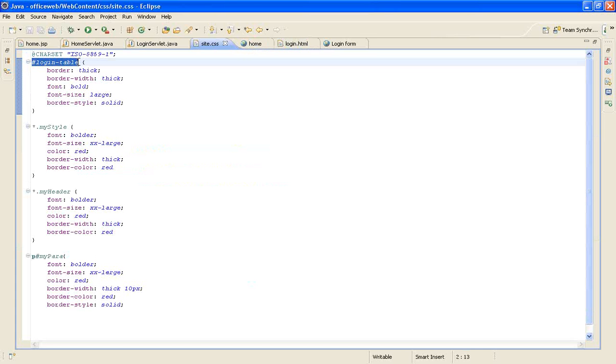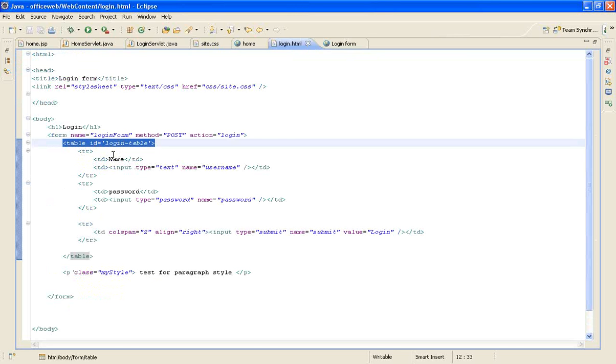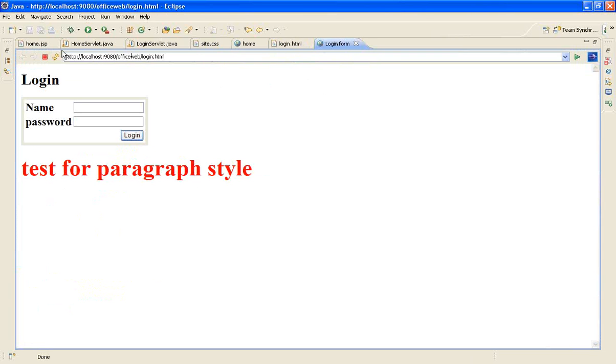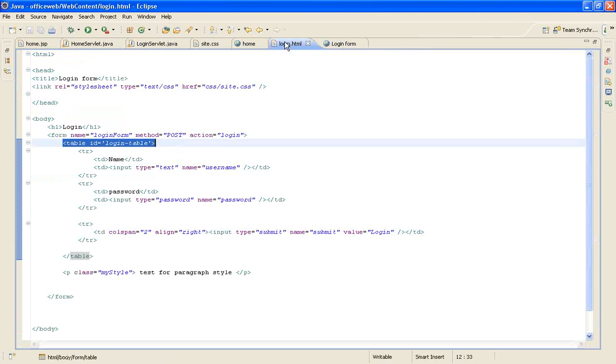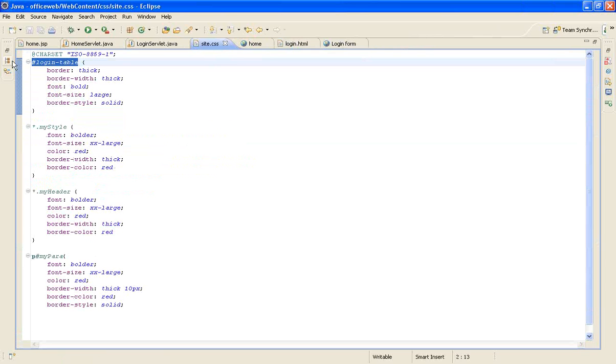So without doing anything, this style gets applied.